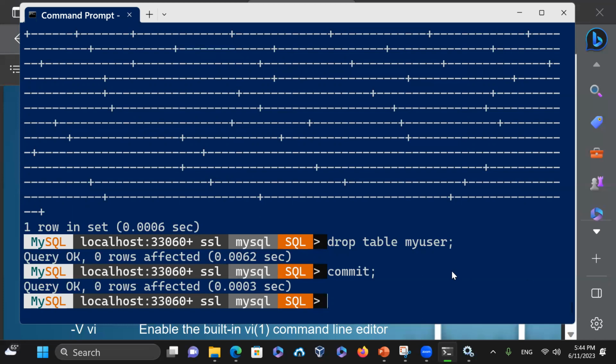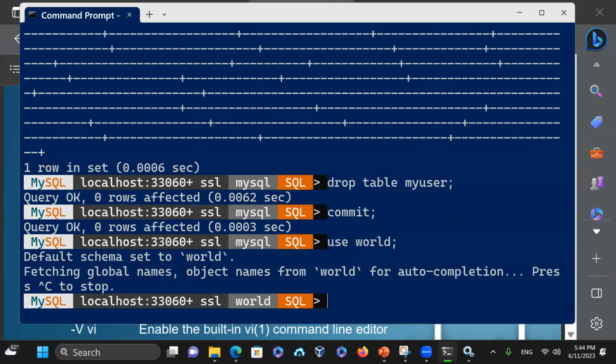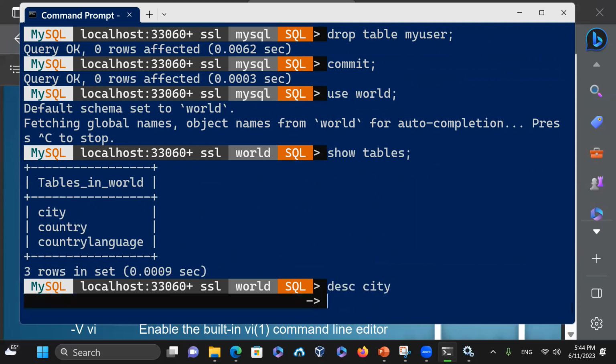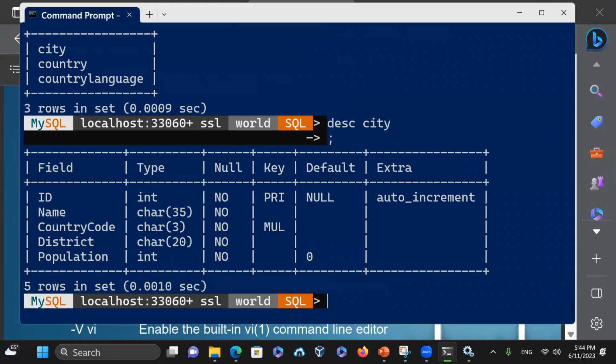So at this time, I'm going to use the world database. Earlier, I told you that we had an issue with it. So now it says show tables within the JavaScript. I'm going to try to create the table city again and describe city. And when you do that one, this time it should work because I'm on that structured query language, and the create statement in this case, create table my city